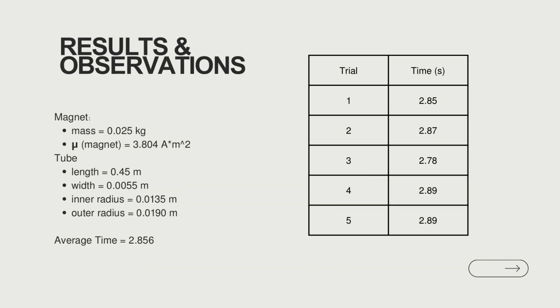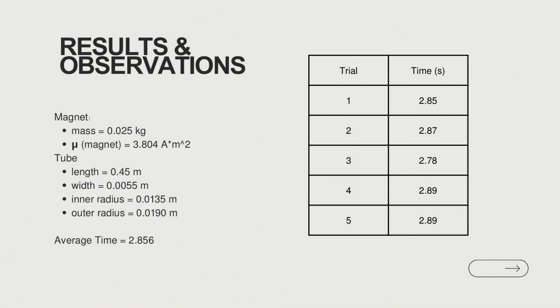The mass of our magnet was 0.025 kilograms, and the mu was 3.804 amps times meters squared, which we found last lab. And these are the measurements for our tube, and we ran 5 different trials, and our average time was